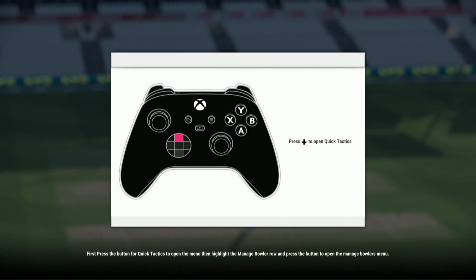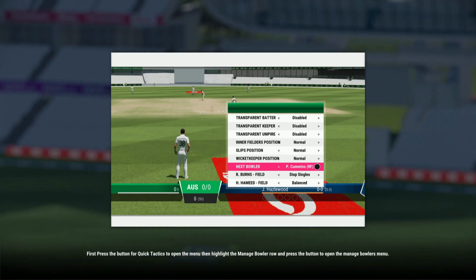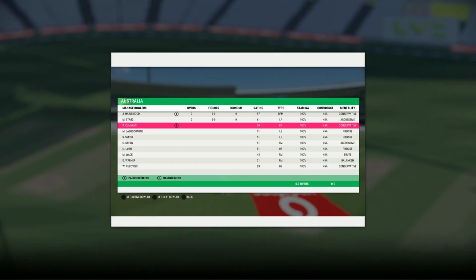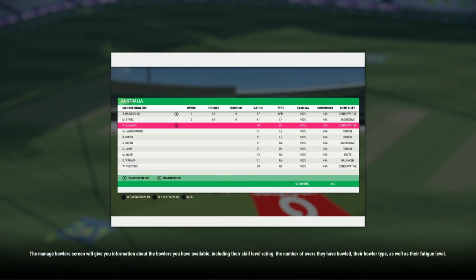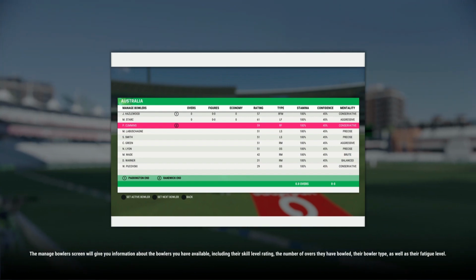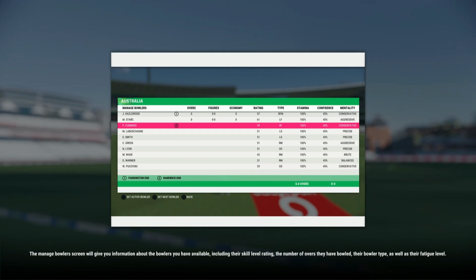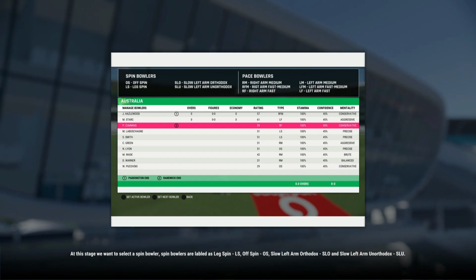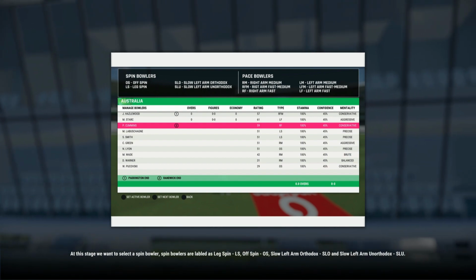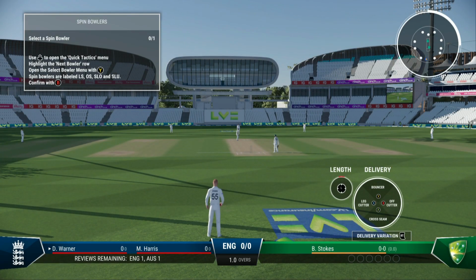First, press the button for quick tactics to open the menu, then highlight the manage bowler row and press the button to open the manage bowlers menu. The Manage Bowlers screen will give you information about the bowlers you have available, including their skill level rating, the number of overs they've bowled, their bowler type, as well as their fatigue level. At this stage, we want to select a spin bowler. Now, spin bowlers are labelled as leg spin, LS, off spin, OS,